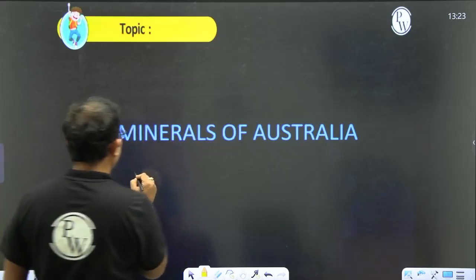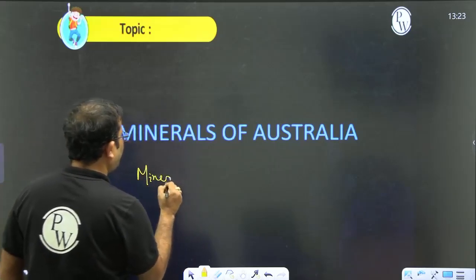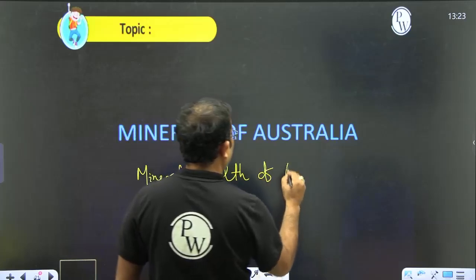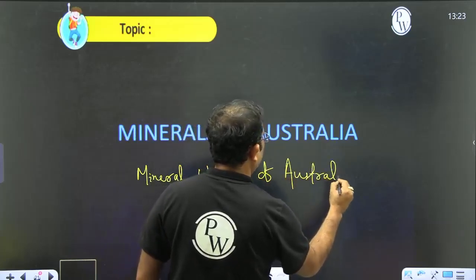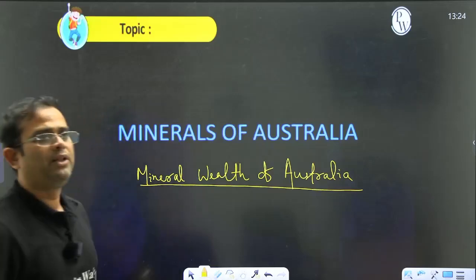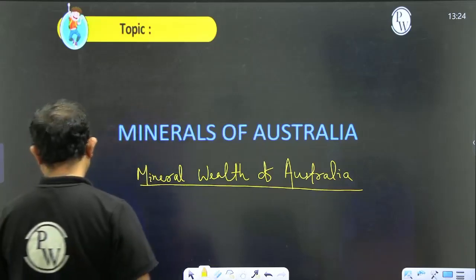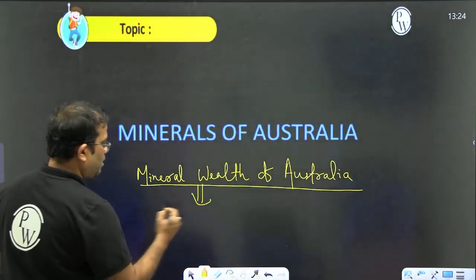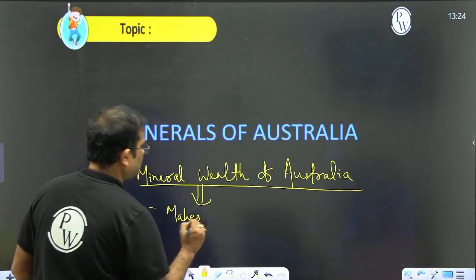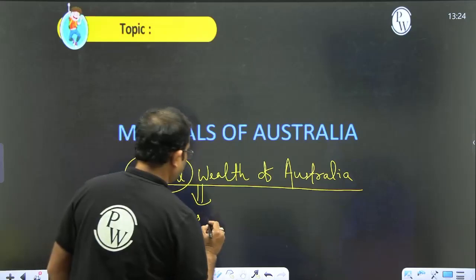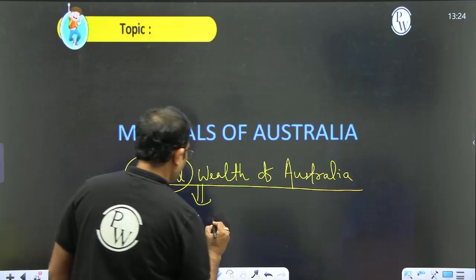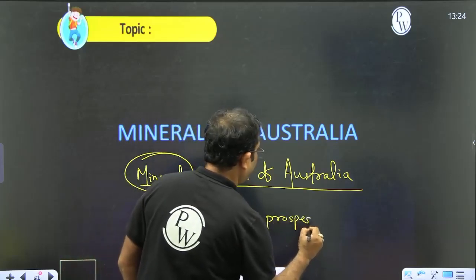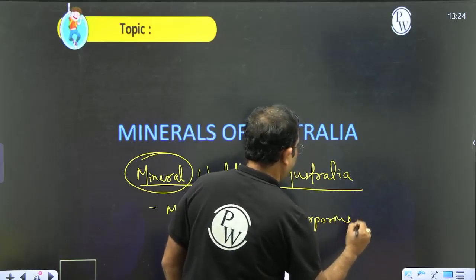Mineral wealth, or we can say khanija sampada, the mineral wealth of Australia. What are these minerals, and what do they do? The mineral wealth makes the country prosperous by